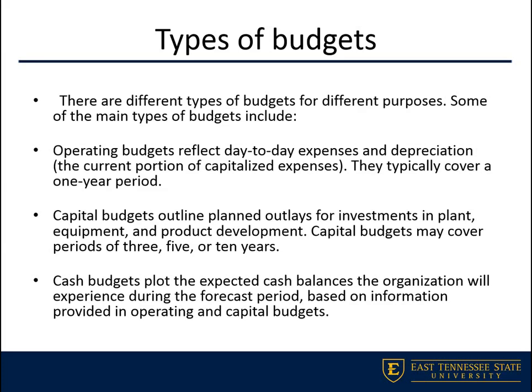Now, when we move on to capital budgets, we have a separate capital budget aside from our operating budget because capital expenses, which are things like equipment and buildings, very, very large expenses where you're going to be spending a large lump sum of money all at once on one thing, one piece of equipment, one building, actually have a different tax structure, and they go through something called depreciation, which we'll go through later. But we do have a separate capital budget.